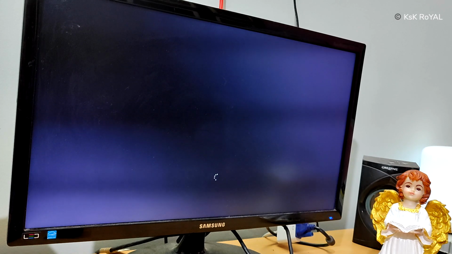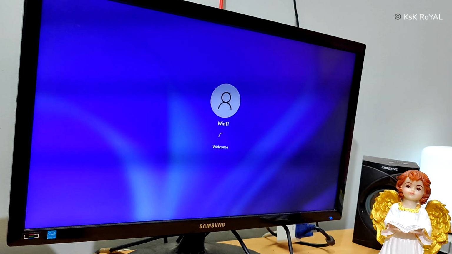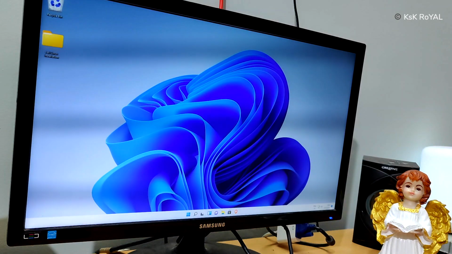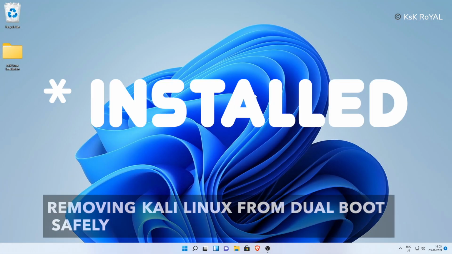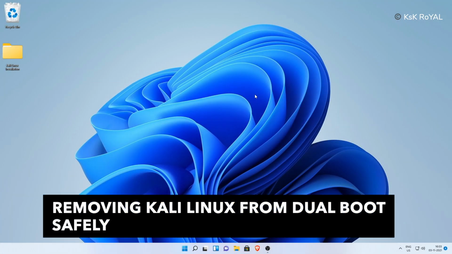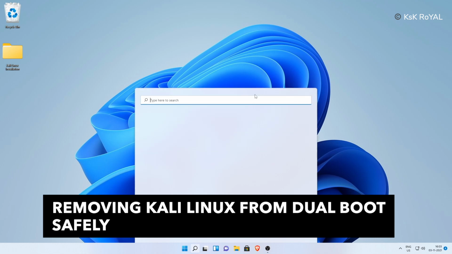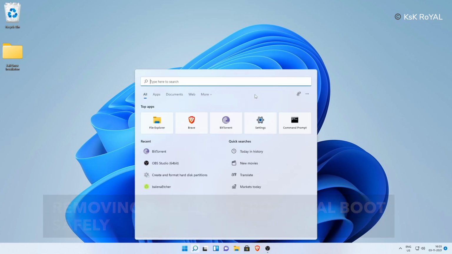Now as a bonus part of this video, in case you don't like Kali Linux and decide to uninstall it, reboot your computer to Windows 11. Keep in mind, this final part will only work for UEFI and GPT systems. For those who installed Kali Linux on a BIOS MBR system, I made a separate video on how to uninstall Kali Linux from dual boot, so you can check the link to the video